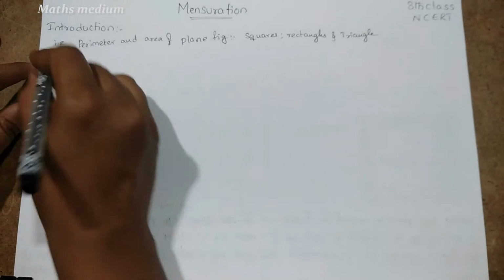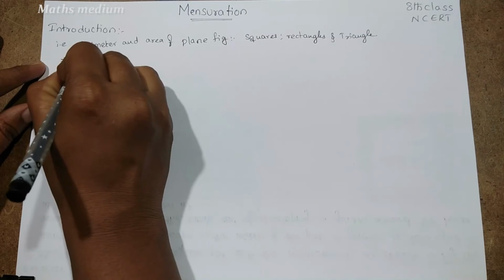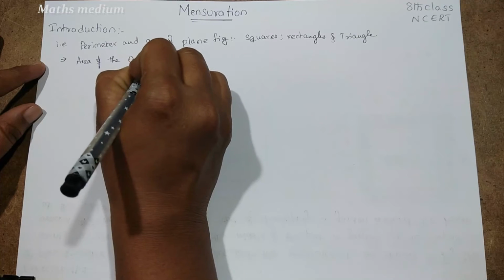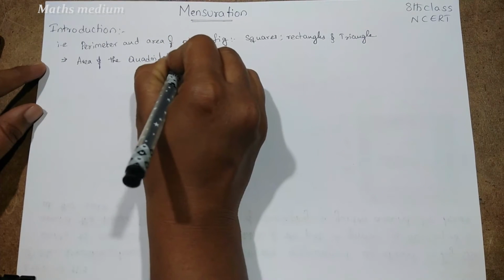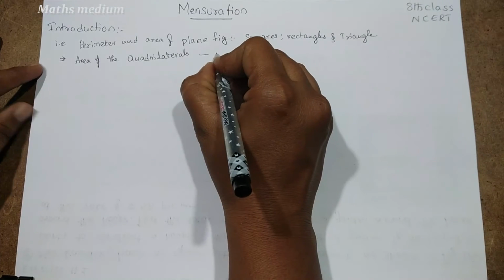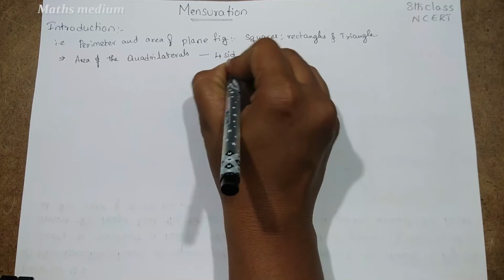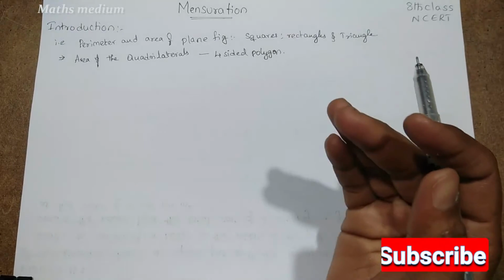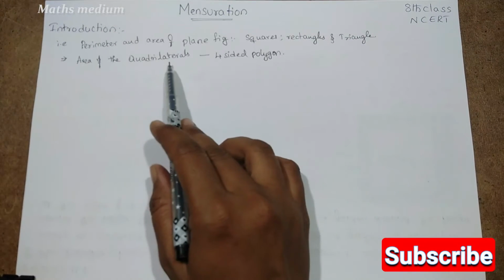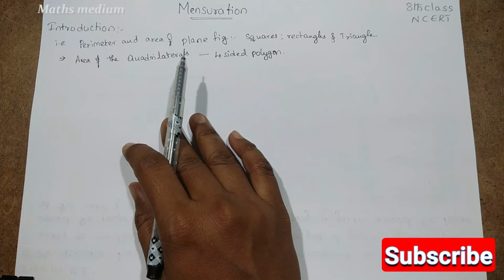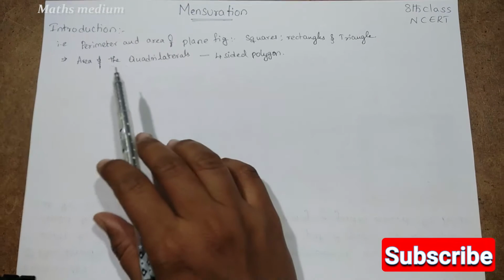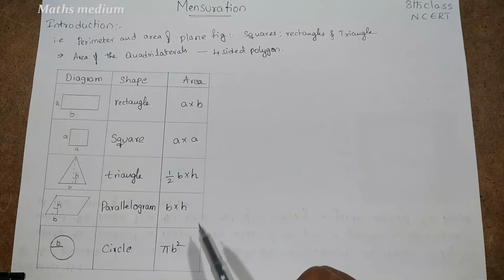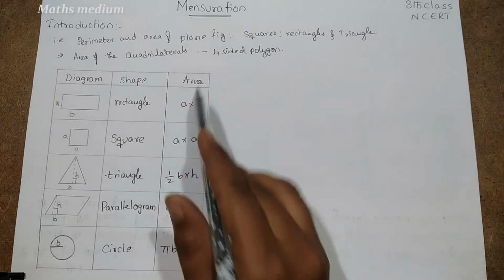But coming to the 8th class, we are just knowing about the area of the quadrilaterals. You know quadrilaterals, that is a four-sided polygon. So by using some formulas and rules, we can learn how to find the area of quadrilaterals. In this session, we are making a recap of the perimeter of 2D figures. So let's take a look at that. If you consider this table, you can get the area of any shape. So this is the area.